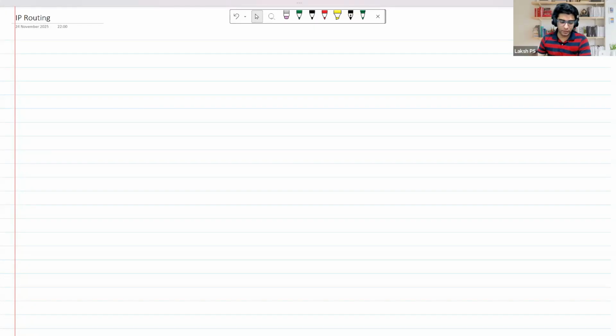So in today's class, we'll start with IP routing. We have completed our understanding of what is VLAN, what is switching, how switches work, how MAC addresses are used to forward data in a switch environment, what is an IPv4 address, what is a subnet, what is subnetting, etc. So with all that knowledge in hand, let us move to the next major topic in networking, which is